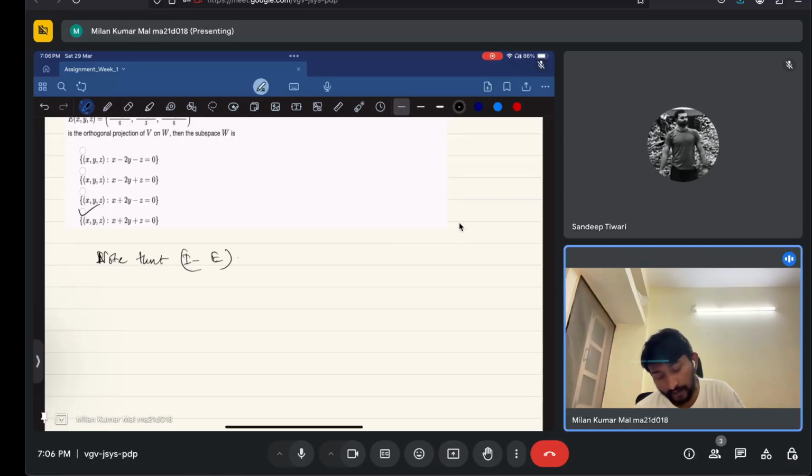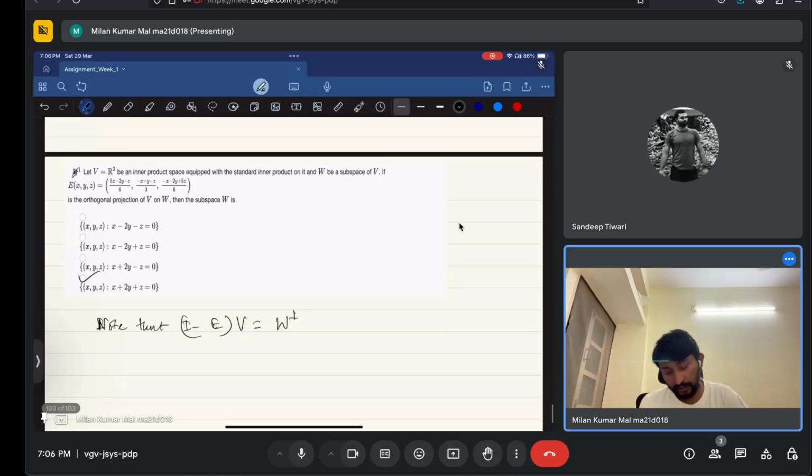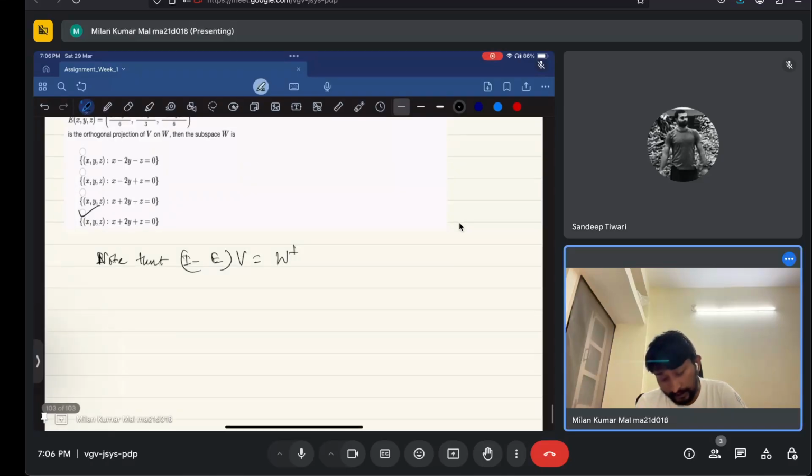That is, I minus E V is equal to W perp, right? Where V belongs to W. That's true, that I minus E V equals W perp. That's exactly correct. So therefore, I can write it as x, y, z minus whatever this long thing is,